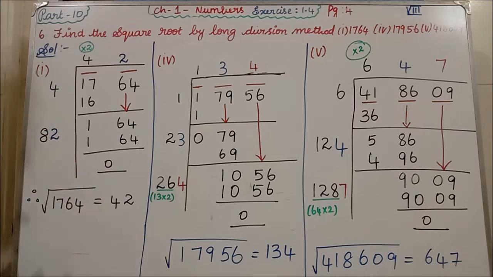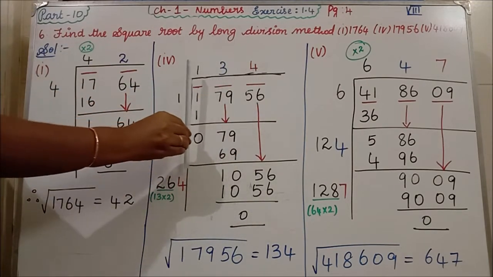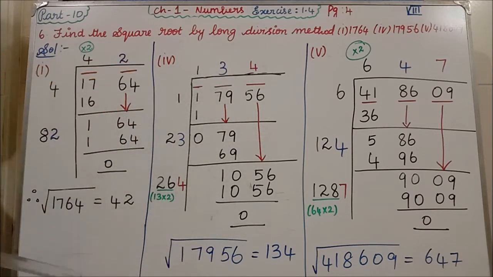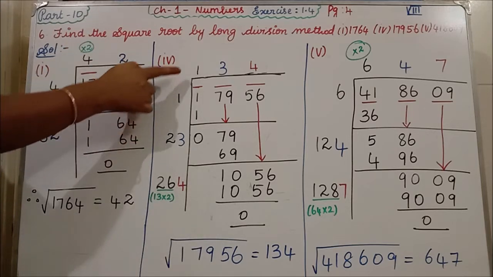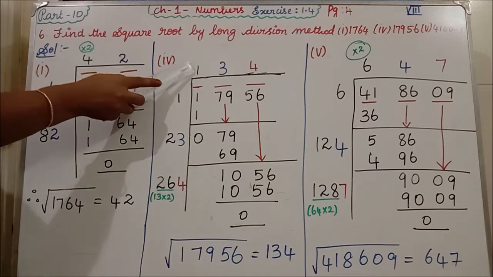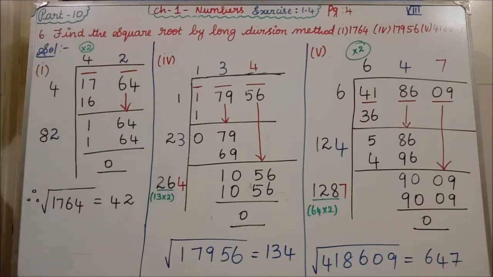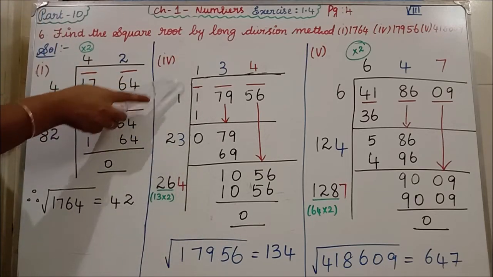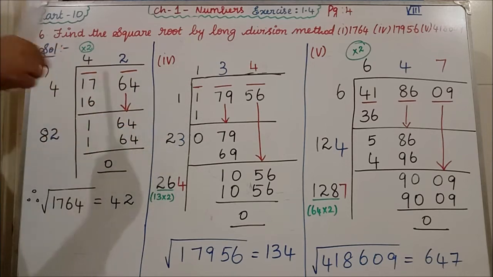Next, I am going to teach you the fourth subdivision. Now see, from the last you have to group 2 digits. 56 one group, 79 one group, then 1 has no group, so 1 alone you have to put. Clear? As I told you, whatever number you write, the same number you write here also. So I am writing 1 here, because only 1 is there; you cannot put 2 because 2 twos are 4, which exceeds. So 1 ones are 1.